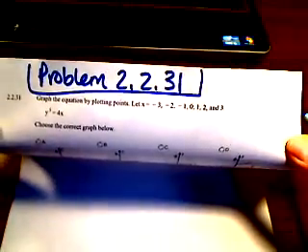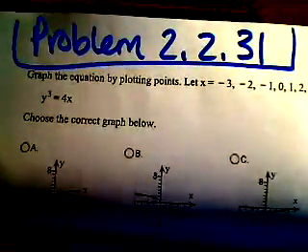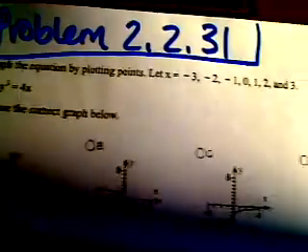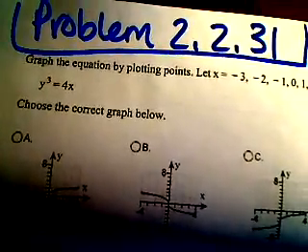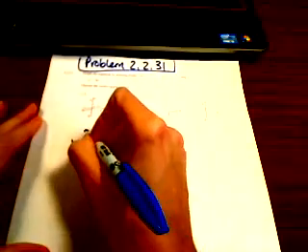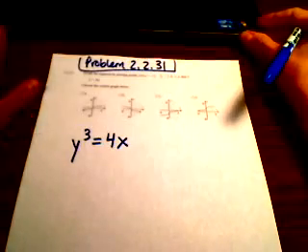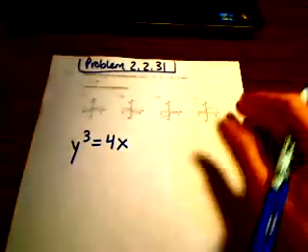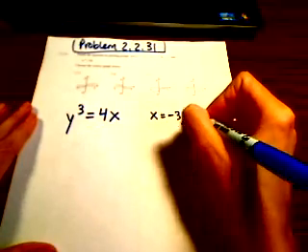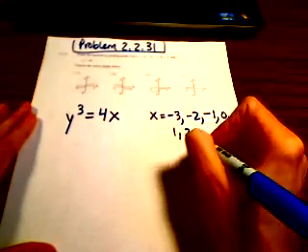Okay, so this is problem 2.2.31, and they're asking us to graph the equation by plotting points. They give us some points they want us to use, and then the equation y cubed equals 4x. Okay, so we're looking at this equation, and they're just asking us to plot via plotting points. The points that they want us to use are -3, -2, -1, 0, 1, 2, and 3, and those